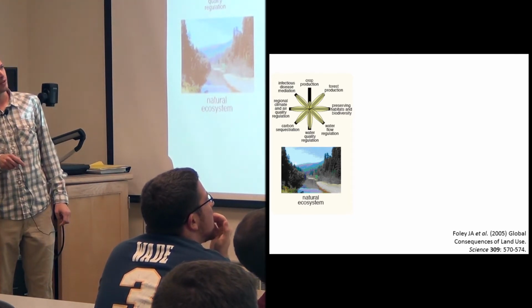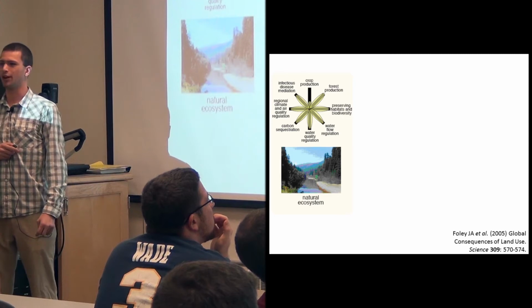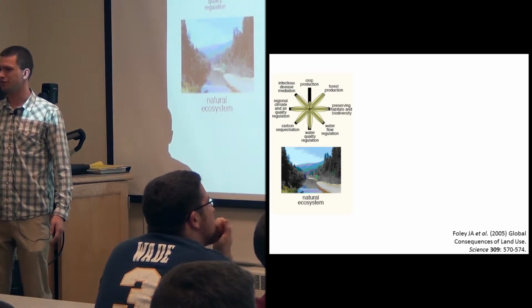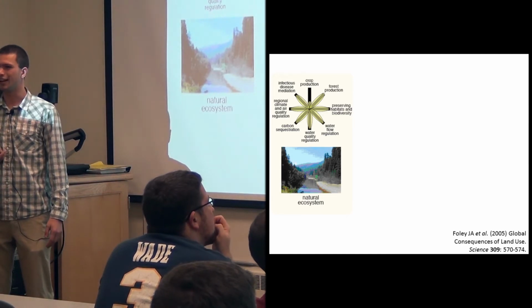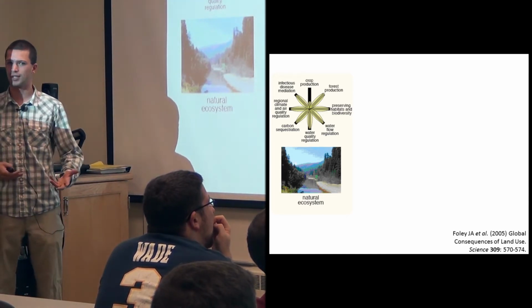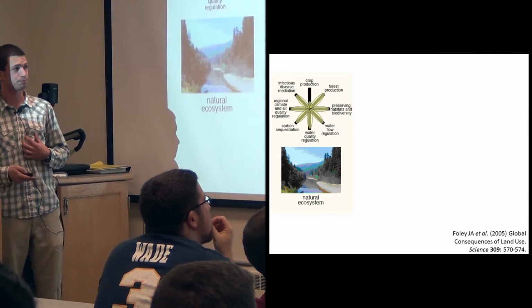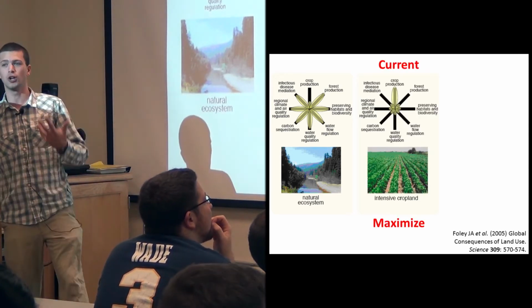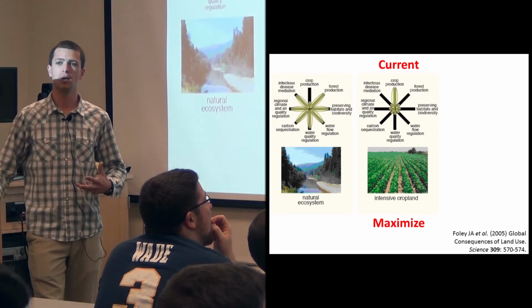So it's pretty good at everything, but not so great at crop production. You can think of a natural ecosystem. You can do the kind of forage thing in it, but aside from that, it's not really productive on the food, at least as we know it today. And so our first attempt at making this better, this is the current approach to making these